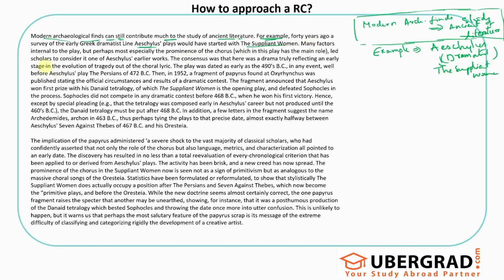Many factors internal to the play, but perhaps most especially the prominence of the chorus, which in this play has the main role, led scholars to consider it one of Aeschylus' earlier works. So scholars have done some research and come to a conclusion. They consider the Suppliant Women as one of the early works of this author. How did they come to this conclusion? There's a clue written here: many factors internal to the play. So some internal factors,